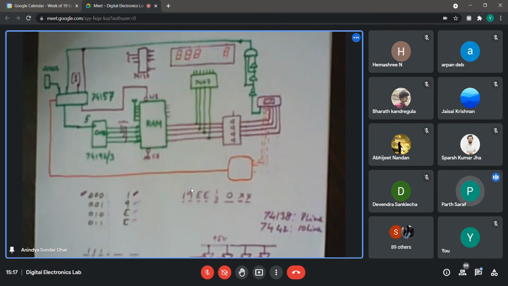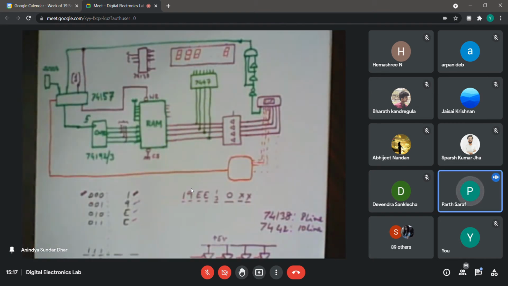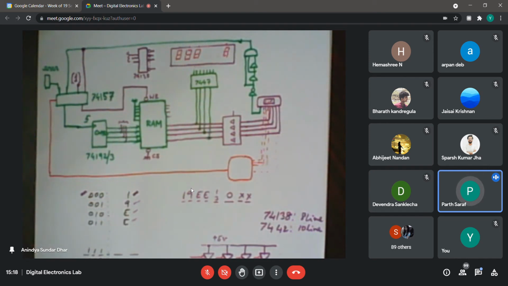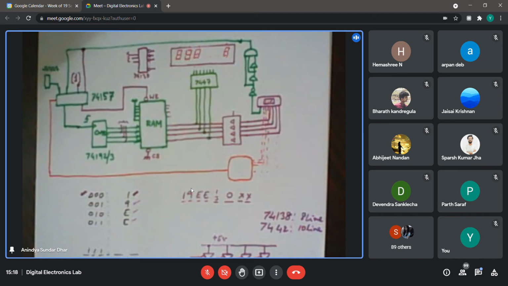Yes. So if I use the 192 counter, the 10-bit, will it be fine, or do we have to convert it to a 74193? No, finally, how many displays do you plan to use, 8 or 10? Only 3 bits are possible in the decoder, right? So we have to use only 8. If you use 138, then at most only 8 displays you can connect.